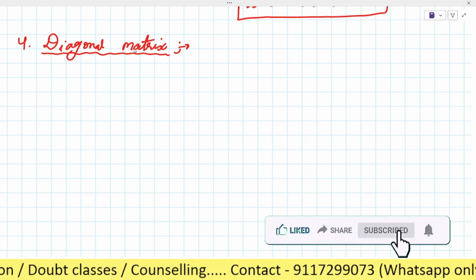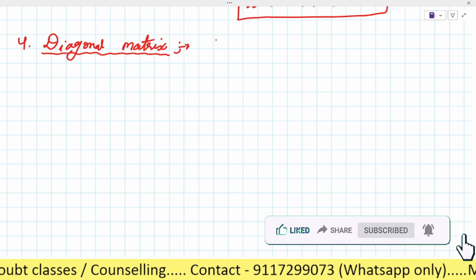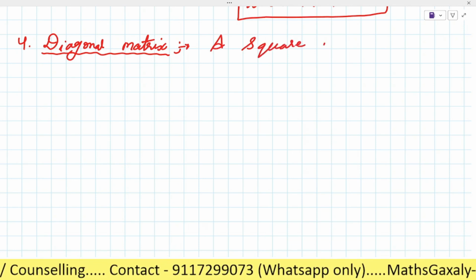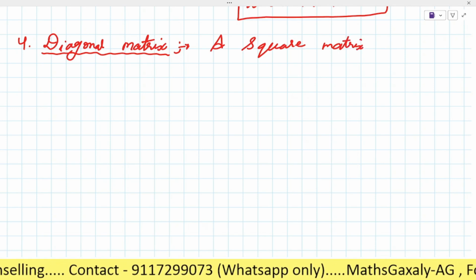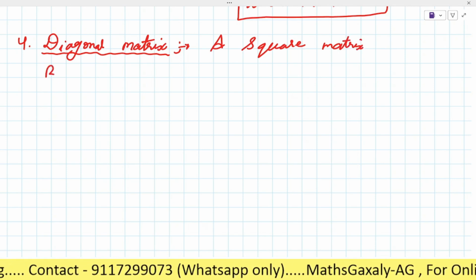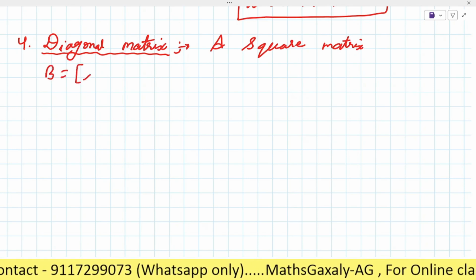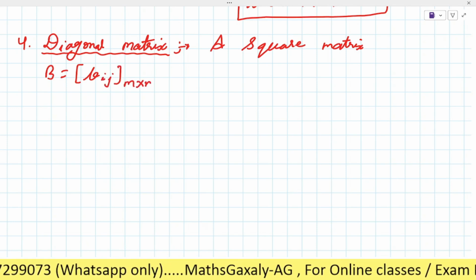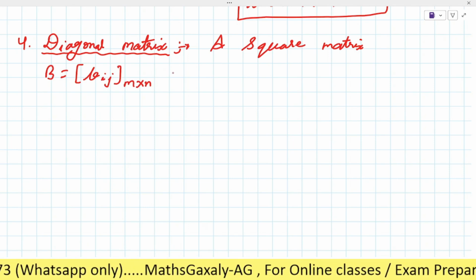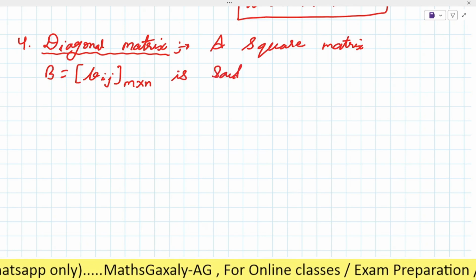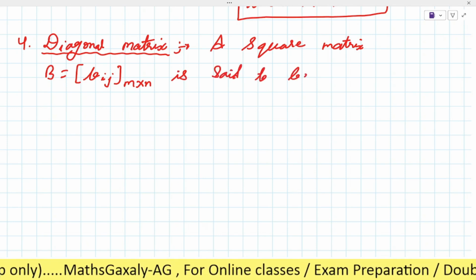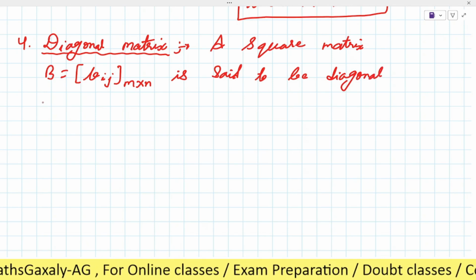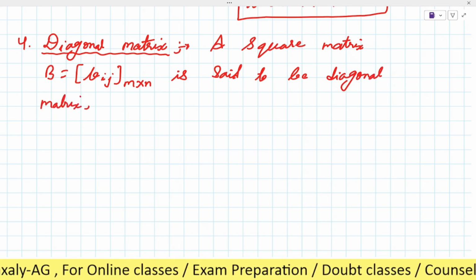Let's see how we will write the standard definition. We will write a square matrix. Suppose the matrix is B, with elements bij, m into n. It is a square matrix. We have to take it as a square matrix, is said to be a diagonal matrix